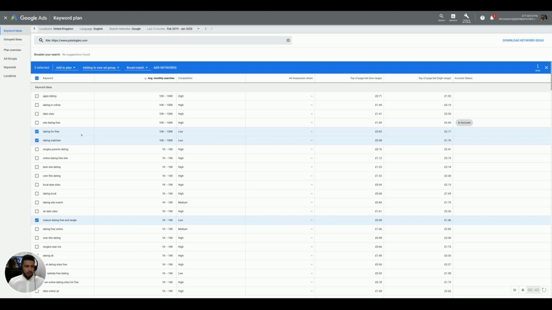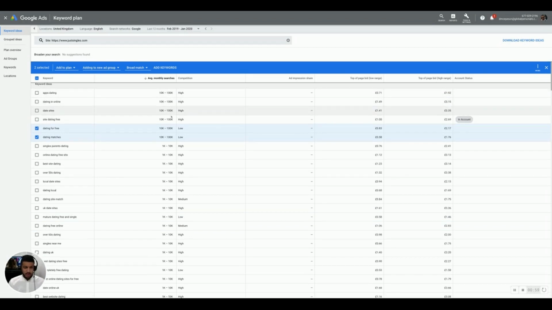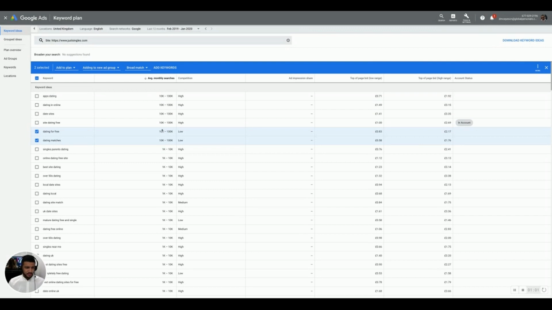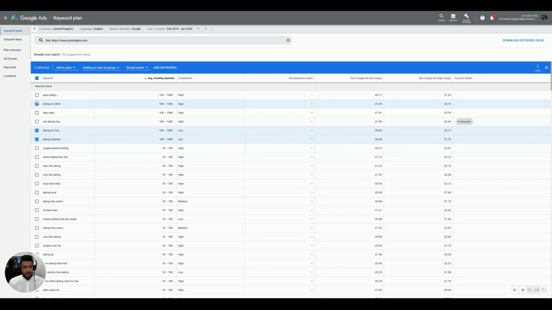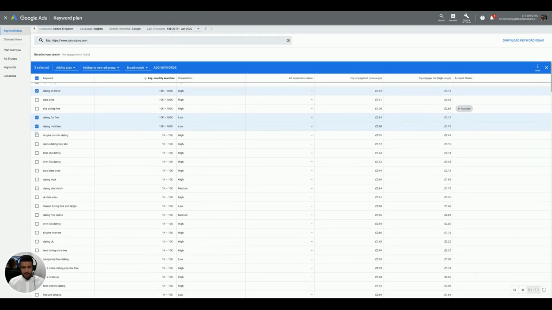Now, what you also have to be aware of is when you are selecting the keywords, not to select keywords that are too close to other sites. So I'm going to remove this option and instead look at some of the other higher volume keywords that are available to me. What I'm going to do here is select dating and online, make my way down,